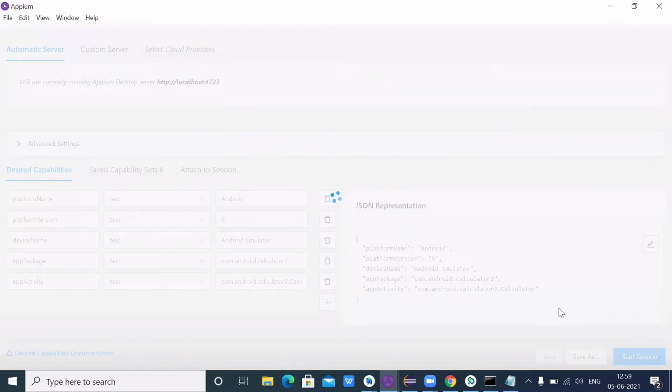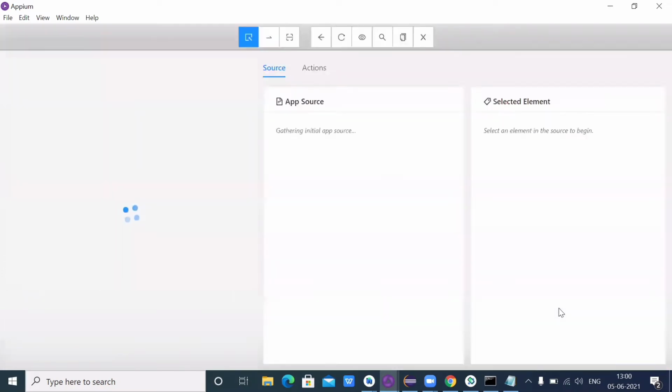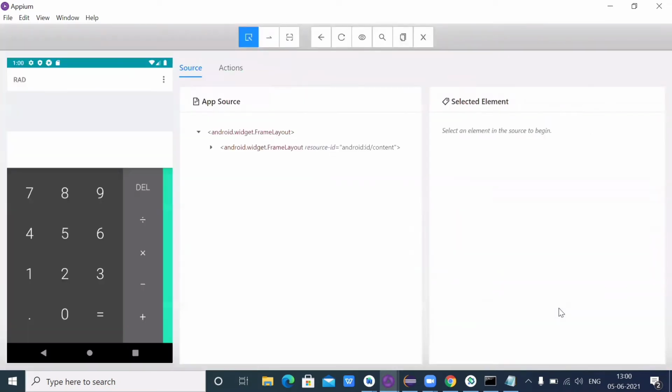And here I will get that calculator app. It is taking some time for me. Okay, that calculator app launched for me.